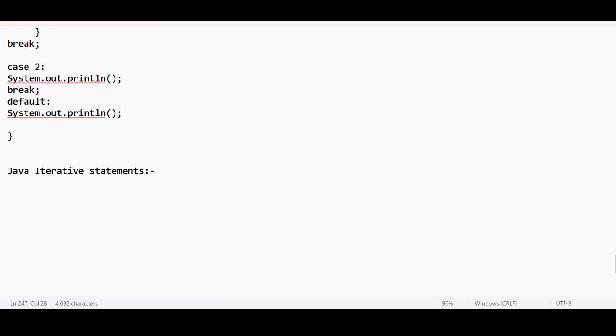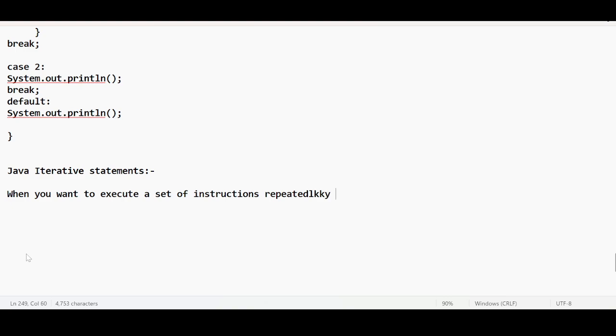When I say Java iterative statements, when you want to execute a part of instructions continuously, or when a part of the Java program wants to get executed repeatedly, when you want to execute a piece of code, or a set of instructions, repeatedly,